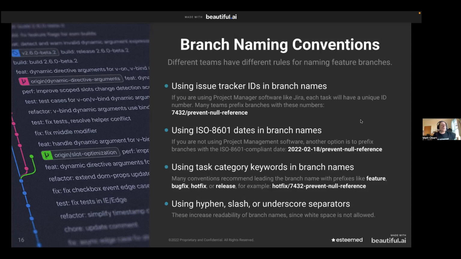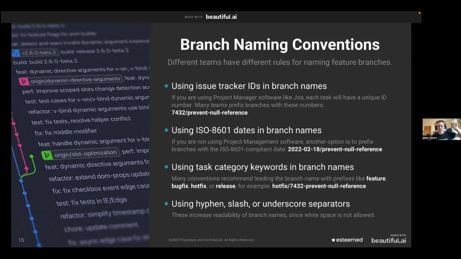So, branch naming conventions for feature branches. Feature branches are the other type of branch. They're not always there, like the dev branch and the stage branch and the main branch. Every time you want to make something, you're going to make a new branch in your local repository, which just has your brand new changes to the source code. And it's generally based off of,